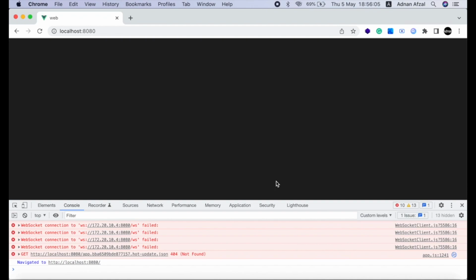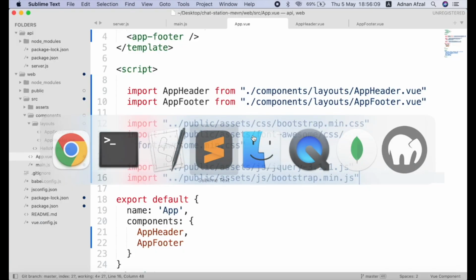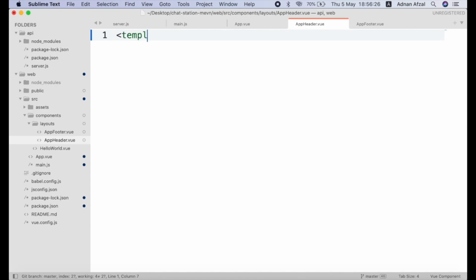Now we can start creating the front end just like we do in HTML. Open your app header and create a template tag. In all of your components, your main tag should be template. All other tags will go inside it. Create a navigation bar